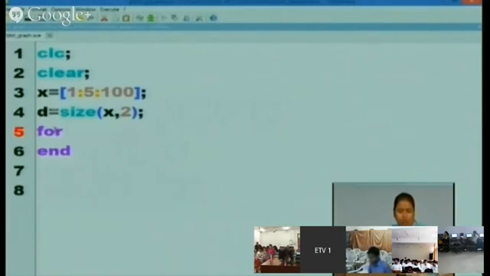Actually now we are going to plot a function y is equal to 1/(1 plus x square). We are having a function y is equal to 1/(1 plus x square).